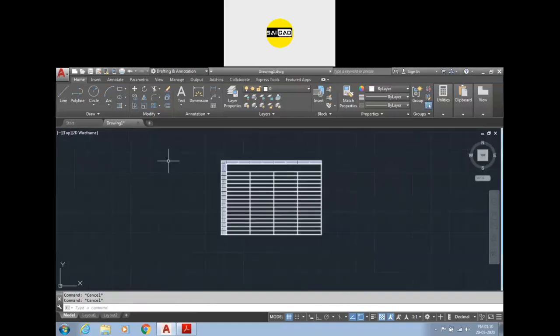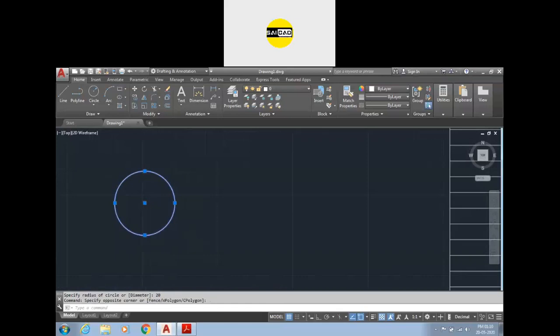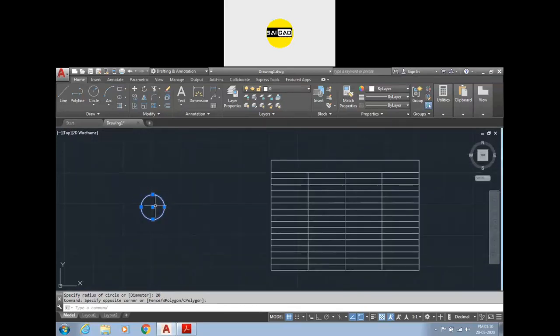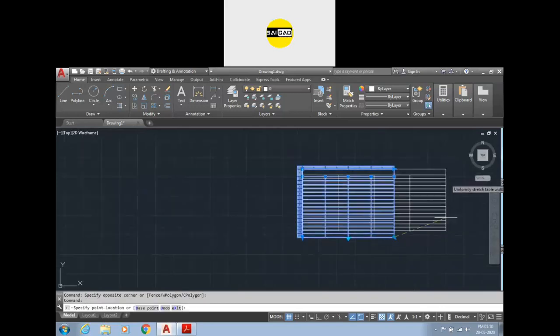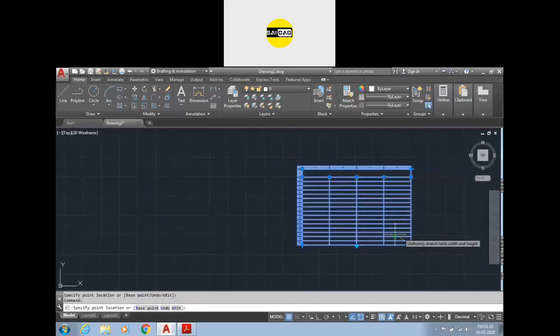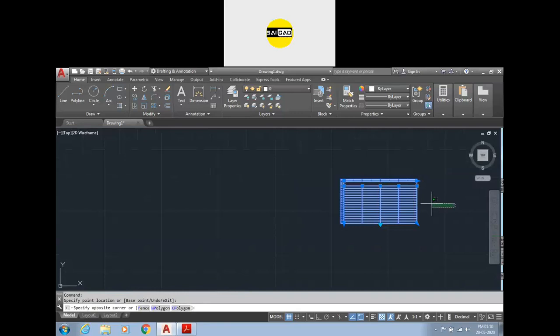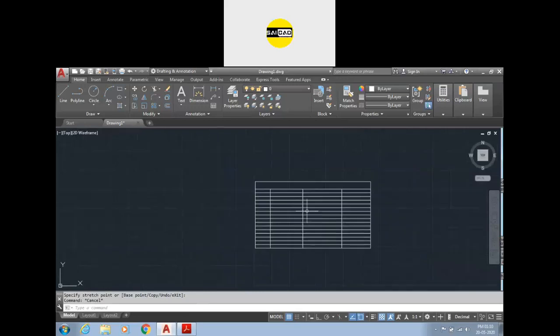Okay, so I have created a table right here. You can see that if you create an object of a circle of 20 radius, this is the 20 radius size, and we have this table right here. To edit this table, you can just select it. To change the shape, to increase or decrease the size, you can just click on this point. If you want to change the size of this column, you can change it by selecting these points.